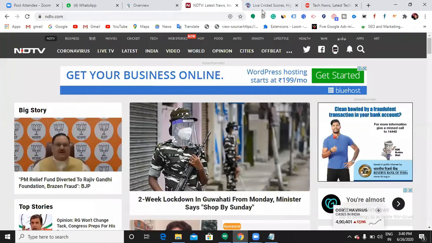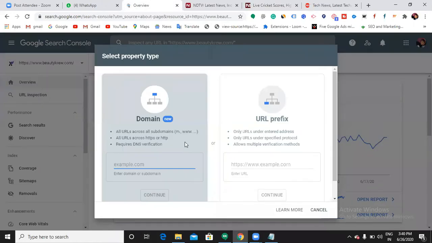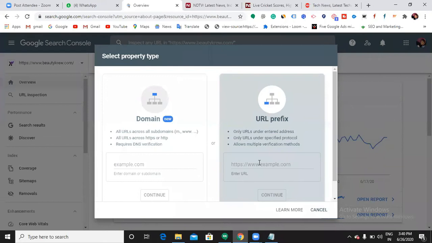Now here, can you see? If I crawl this ndtv.com, it is going to crawl each and every subdomain that is linked up with it. Got it? Now, say I don't want to crawl each and every subdomain because I am using a separate subdomain. That is what only my domain is. At that time, you can choose this. Whatever URL you insert here, only that URL it is going to crawl. That's it. Only that website's data. Now let us say I choose this URL prefix and I insert sumit.dineshhealth.in. So only that URL it is going to crawl.